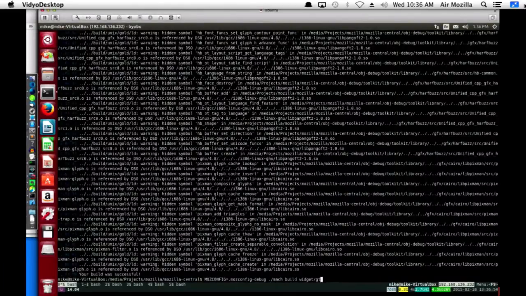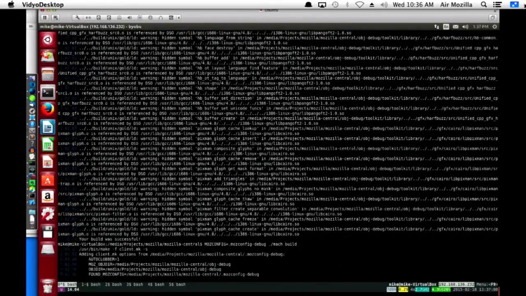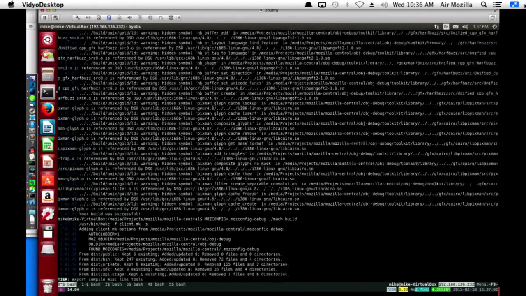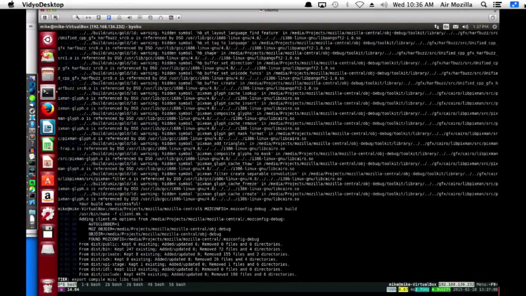Now, because I altered the IPDL, it's probably just a good bet to rebuild the world. Sometimes you can get lucky and rebuild the IPC IPDL directory, and there's this chicken and egg thing I talked about last episode, where you have to compile IPDL to the headers, to the generated C code, and then it will fail to compile with the other stuff, because I think there's a timing problem.